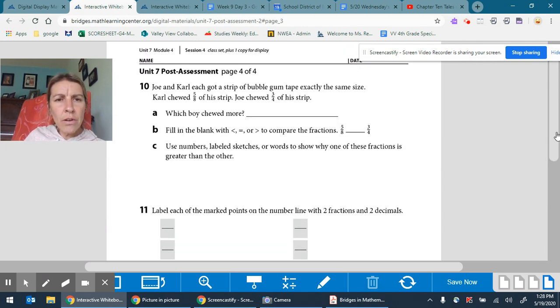10. Joe and Carl each got a strip of bubble gum, tape exactly the same size. Carl chewed 5/8 of his strip. So picture the strip, same size. Carl chewed 5/8. Joe chewed 3/4. You have to decide, so you're comparing 5/8 and 3/4. Which boy chewed more? Fill in the blank, greater than, less than, or equal to, and how did you solve it? And then 11,